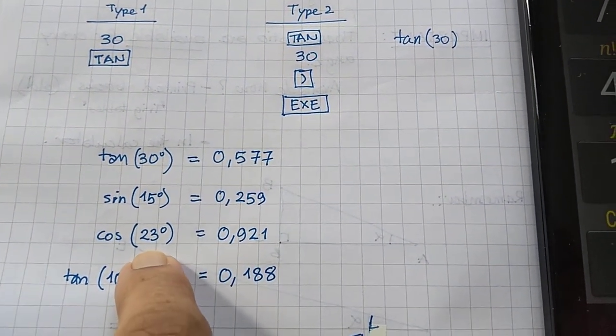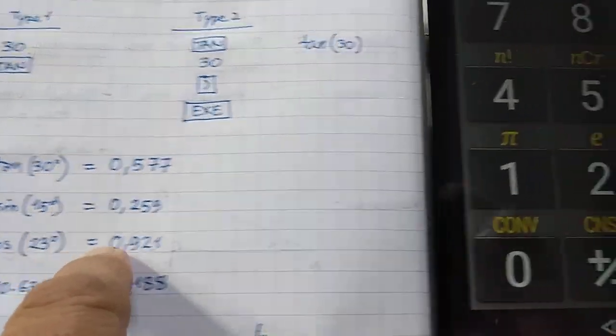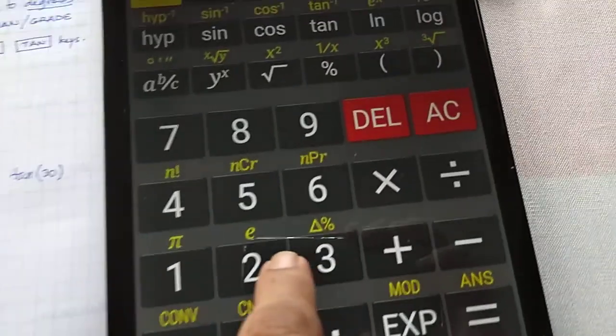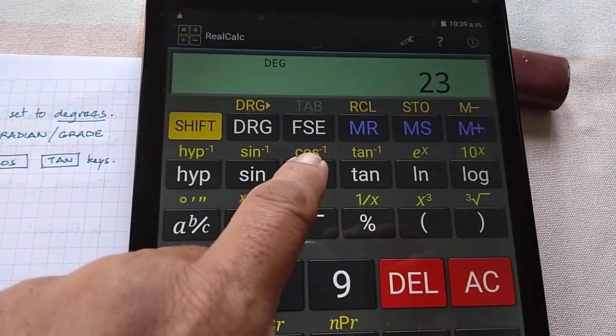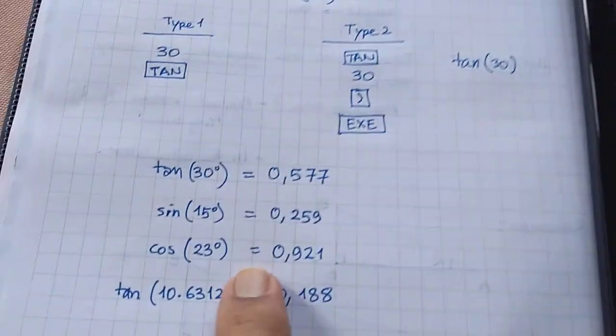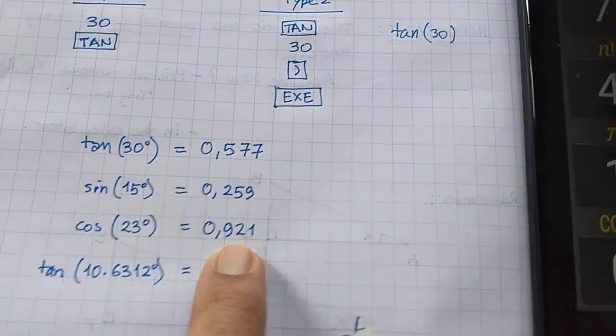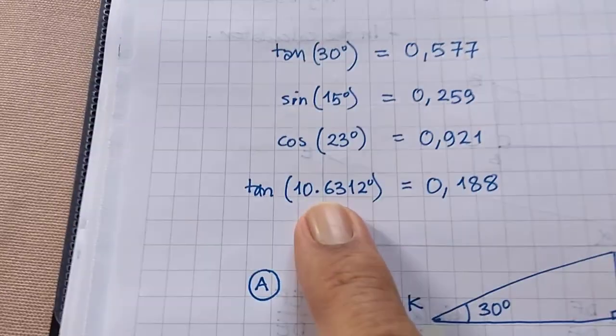Then we have cos of 23. I'm just taking a few numbers at random. So let's do 23, and then press cos, and it gives us 0.921. I've rounded it off because it is 0.9205.